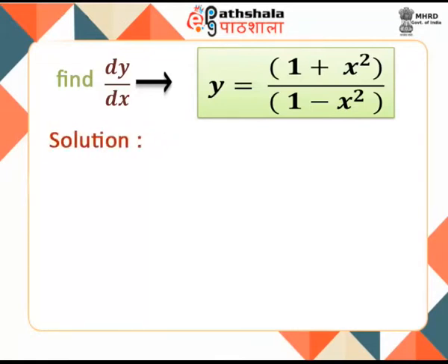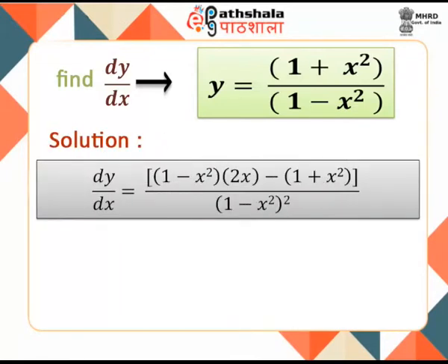The solution goes as dy by dx equal to (1 minus x square) into 2x minus (1 plus x square) into (minus 2x) by (1 minus x square) whole square